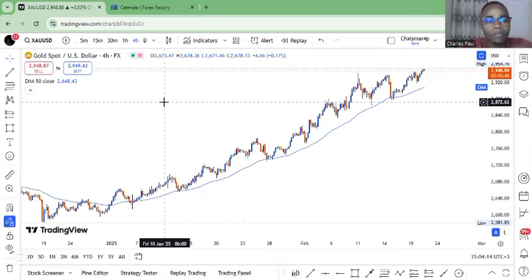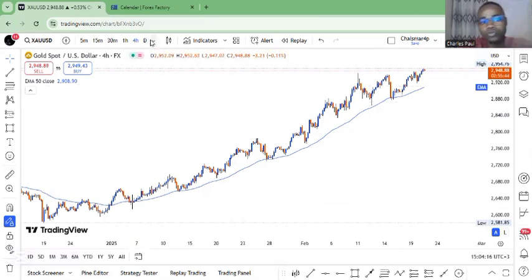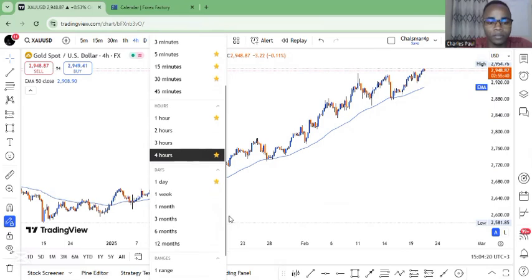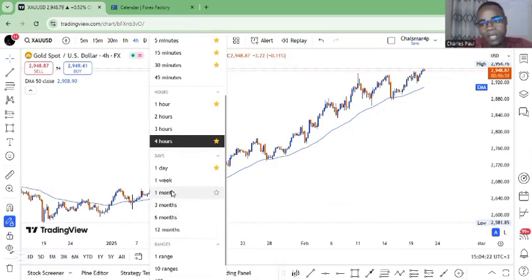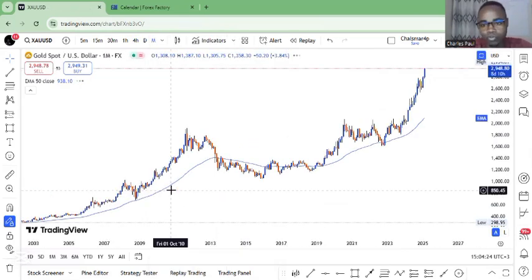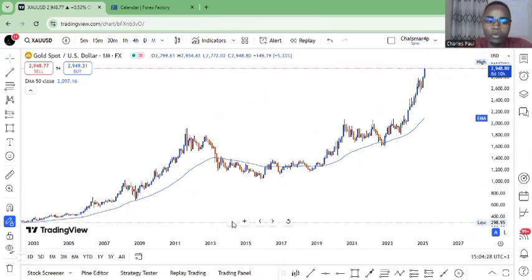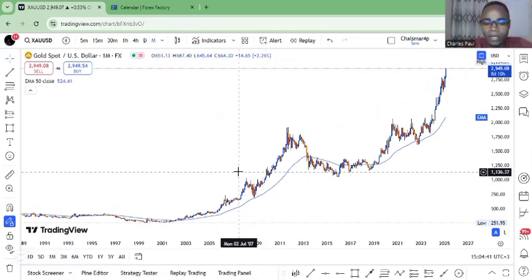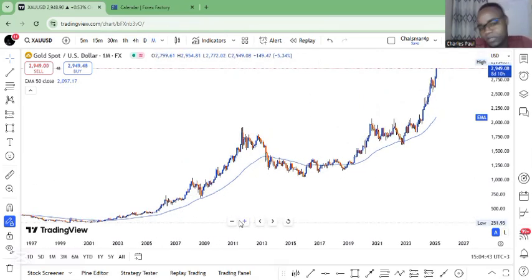So this is gold. I remember I told you we need to start from the high time frame then go to the lowest time frame. So normally I start from the monthly time frame as usual. So this is our monthly time frame. Remember I told you in the monthly time frame we need to look at the lowest level of our chart, and then we also need to mark the highest of our chart. Now we need not go far away, but maybe you can start from maybe 2 to 3